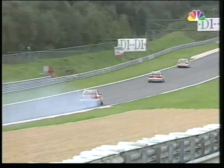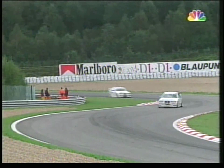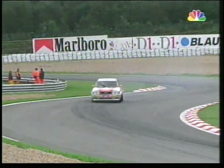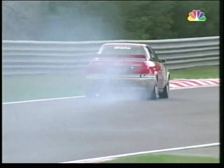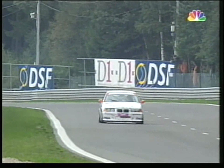And there is Bieler. Well, it is still going. Lots of smoke. And the smoke is, of course, burned oil. And when all the oil is gone, there is only one thing that can happen to the engine, and that is it finishes up a load of molten mess, probably with a lot of broken pieces. Well, let's hope that that doesn't happen here,